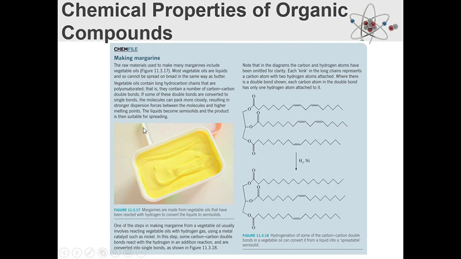So what we need to do essentially is to remove a bunch of these double bonds, so that way it will actually become saturated and turn into a solid. So to take vegetable oil and make it into margarine, we actually have to hydrogenate it. This is the act of taking hydrogen and putting these vegetable oils across a nickel catalyst. And as soon as some of those double bonds uncrinkle out, that's a very scientific word there, uncrinkle, this becomes thicker and actually spreadable.